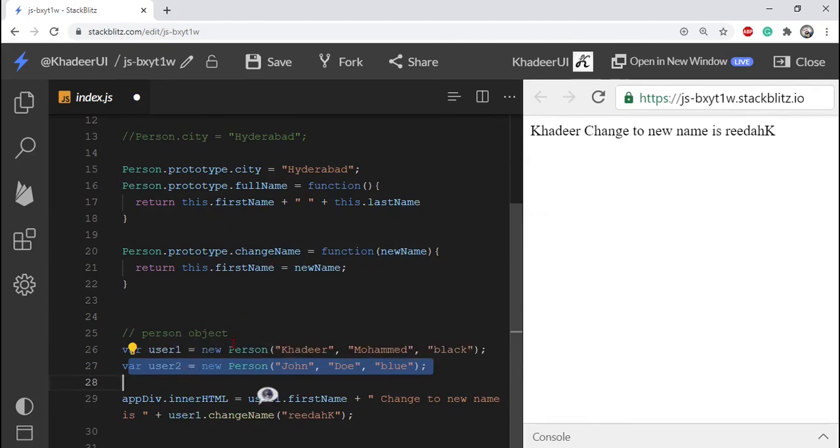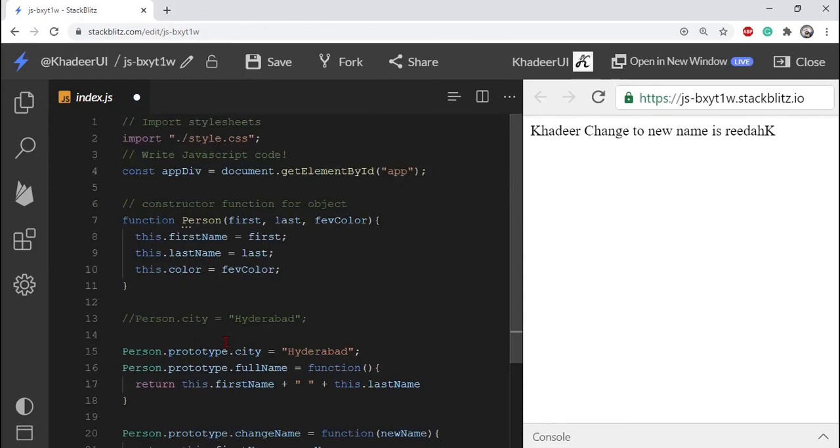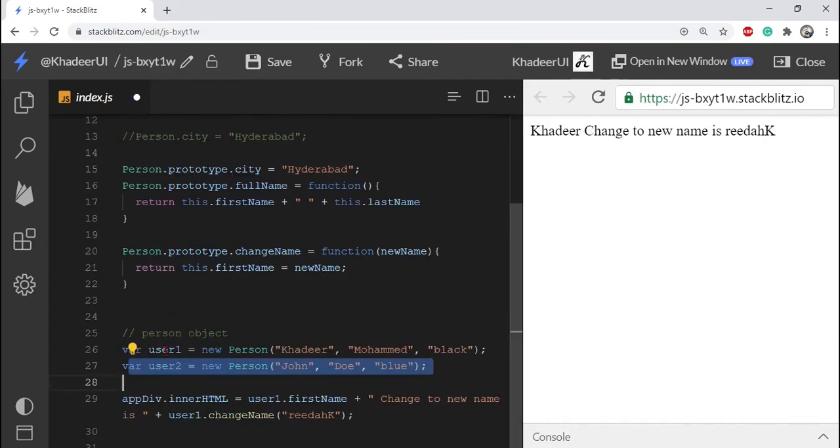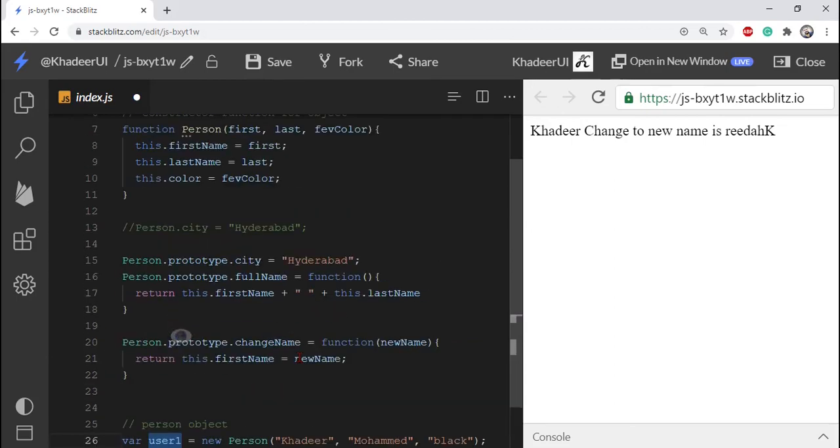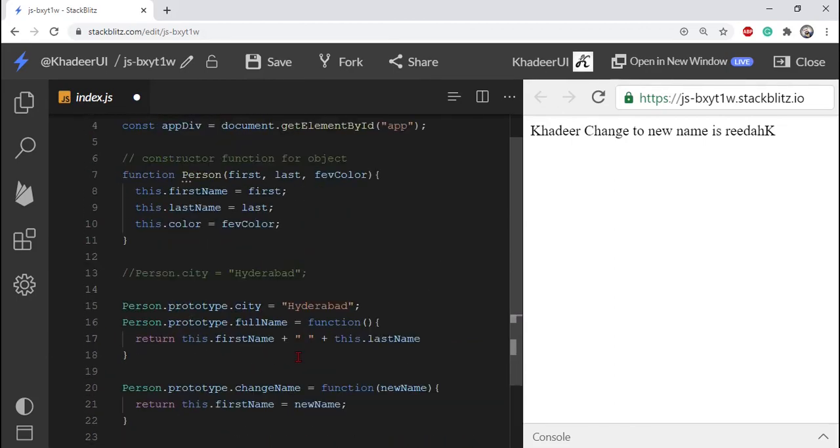You cannot add a property or method directly to a constructor function; inside the function you mention the variable to write a property or method. If you use the prototype, then it's possible to add property values or methods. I thought this was very helpful.